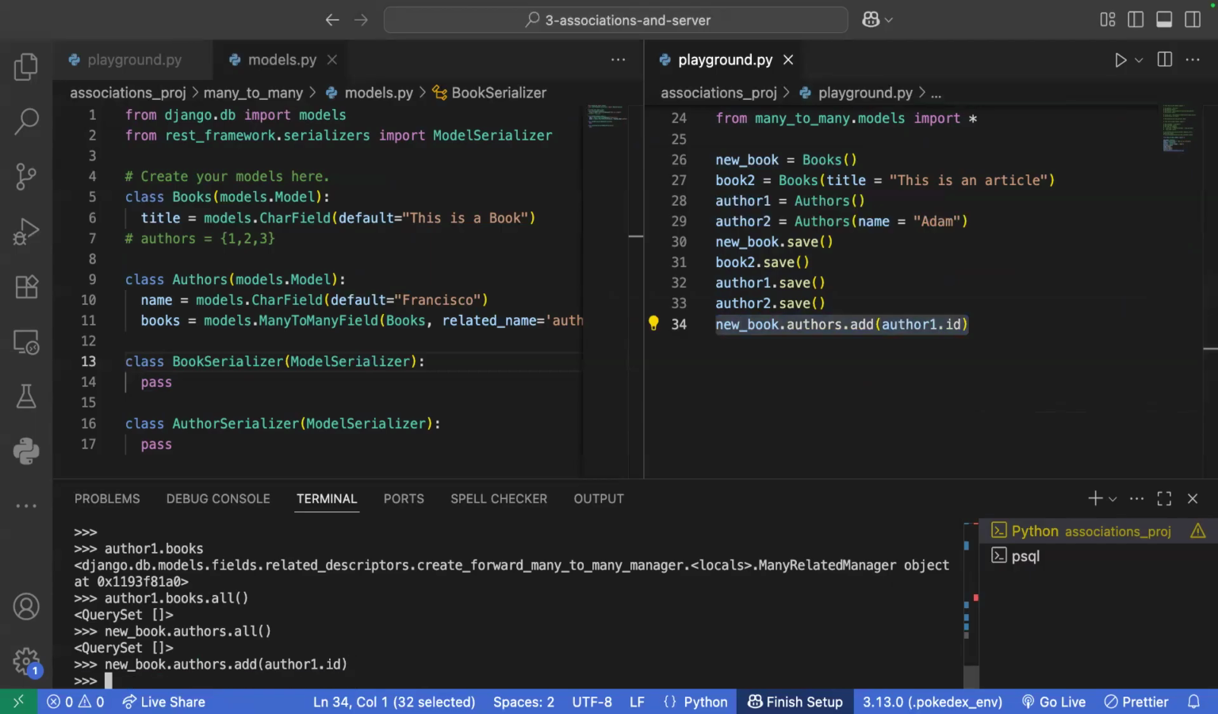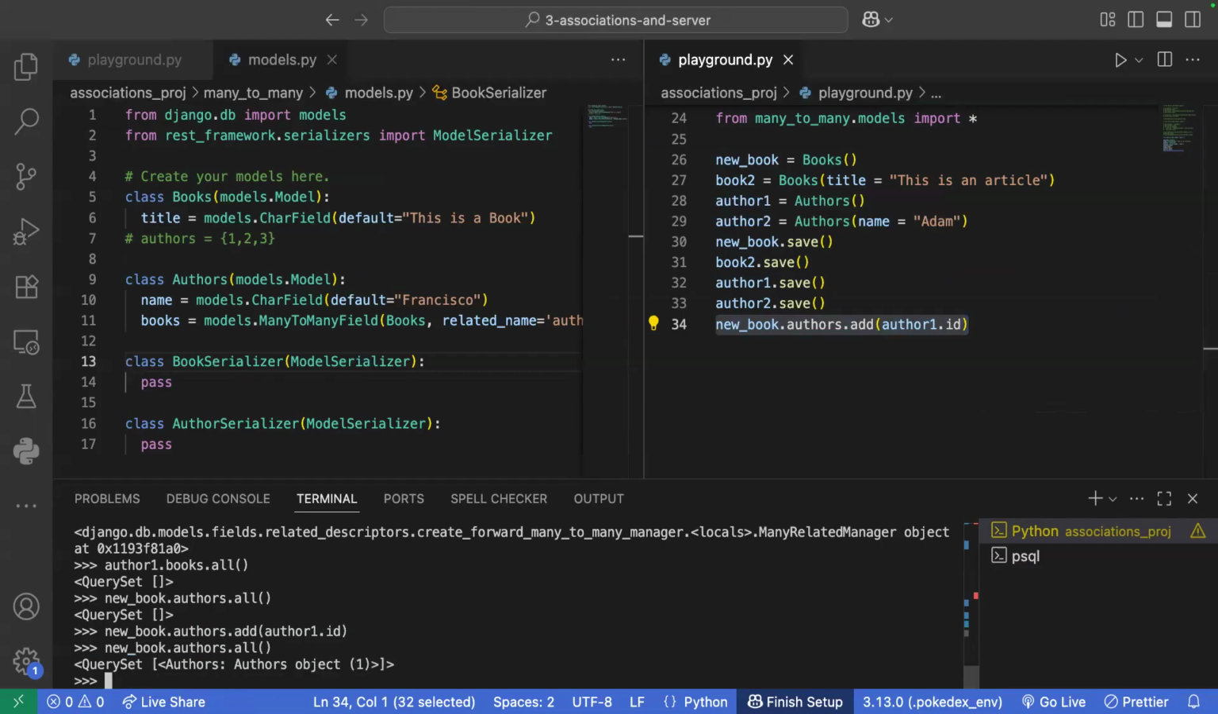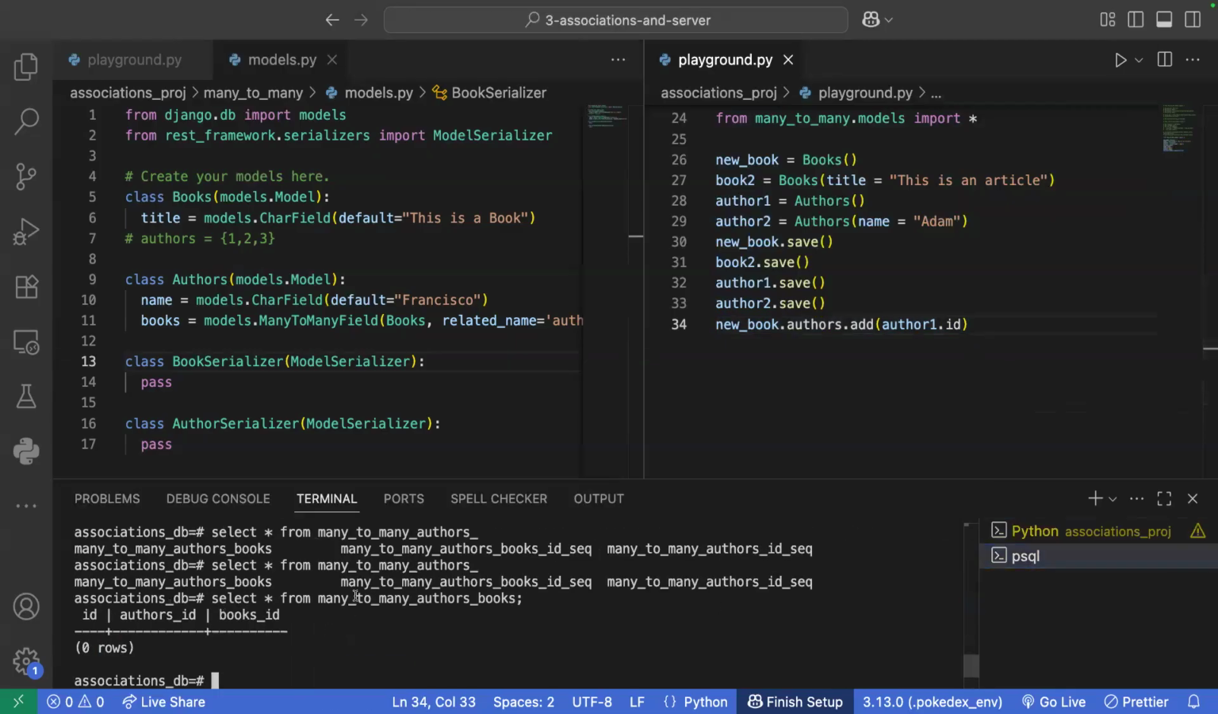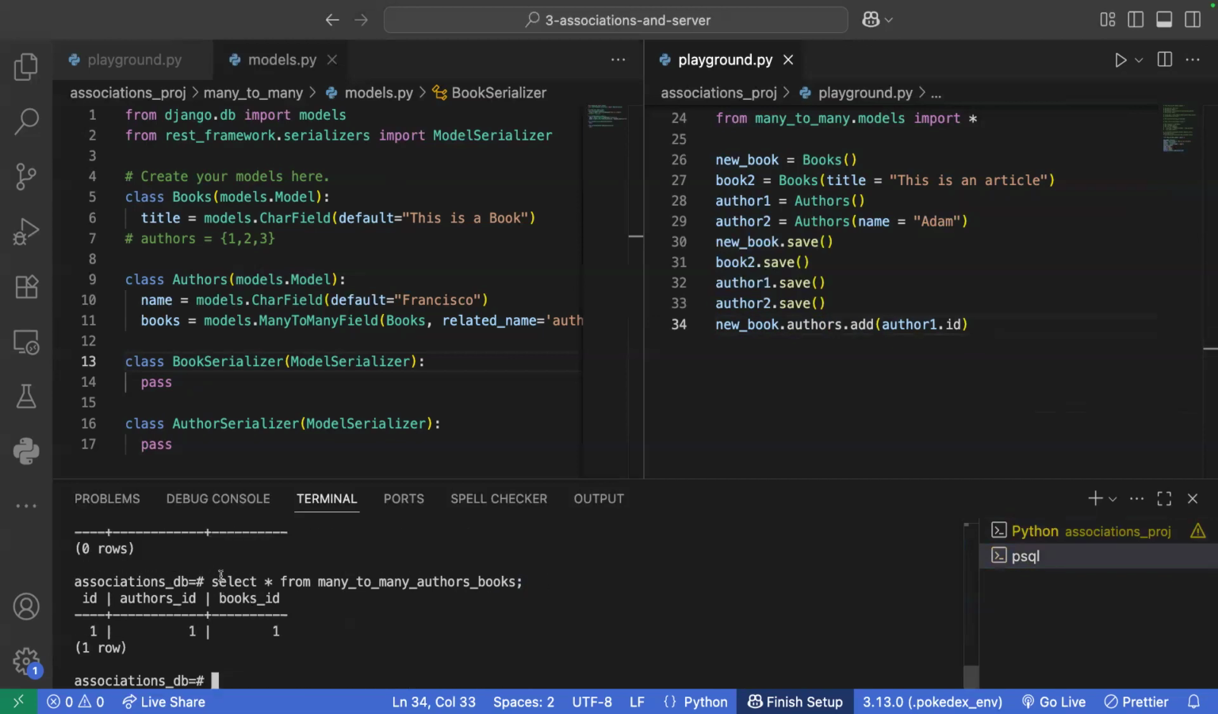Gonna pass this here. All right. Now let's go into new book dot authors dot all. Well, now when I go into new book dot authors dot all, a new ID has been added there, belonging to author 1. If I take a look at this many-to-many table in SQL, we'll see that now there's a relationship. The first entry has been entered, where the very first author has a relationship to that very first